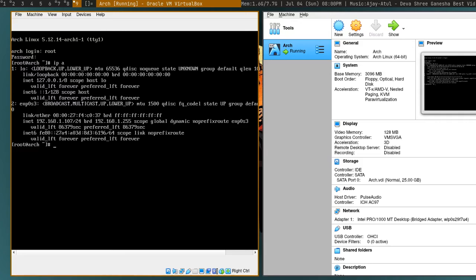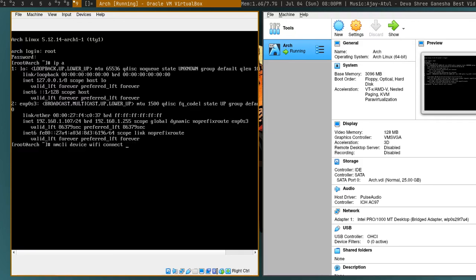If you don't have internet and you are using Wi-Fi, you can run this command, nmcli device wifi list, which I have run here. Hit enter and you will see all the nearby networks. After that you can type nmcli device wifi connect, then the SSID, which is the name of your Wi-Fi, and then password, and then the real password.